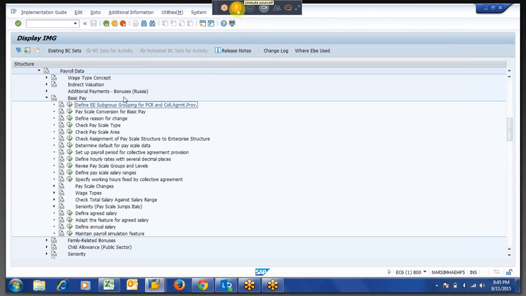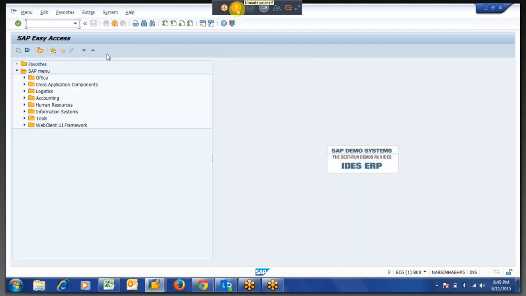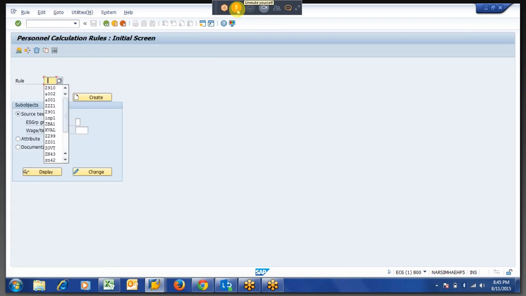So I am coming out of configuration. If you have any queries on configurations, let me know. Related to time evaluation, there is no further configuration. We have to go to the PCR. Do you want me to write a new PCR, or we work on the PCR which I wrote yesterday, or we delete that and create it again? We will do one thing, we will delete this and we will create it.